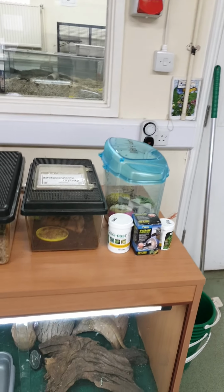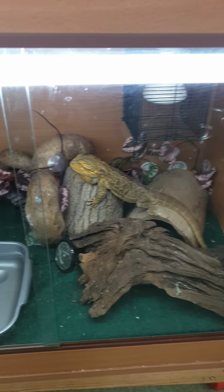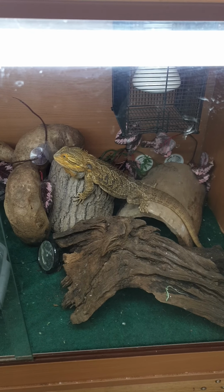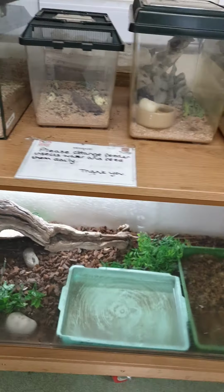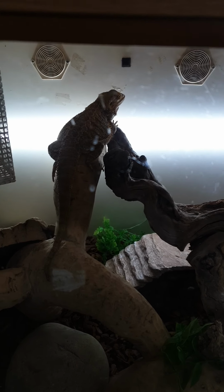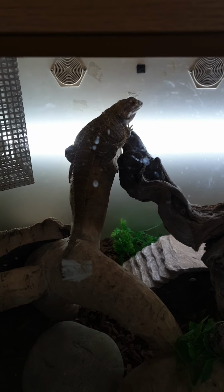And then just down here we have Ned, one of our bearded dragons, and our other bearded dragon is Denzel. Just show you Denzel. He's there, beautiful boy. We also have African land snails in here,